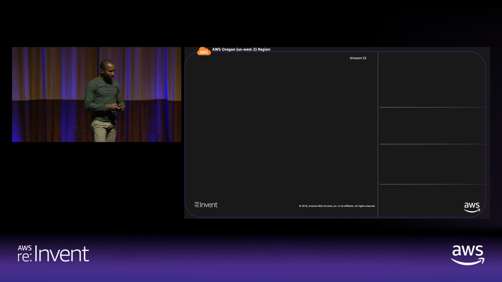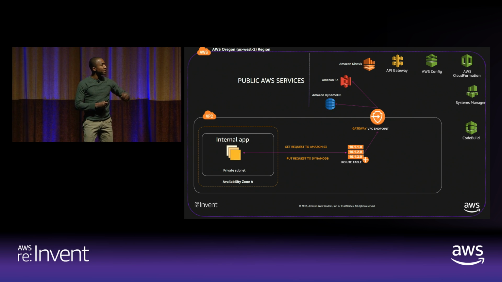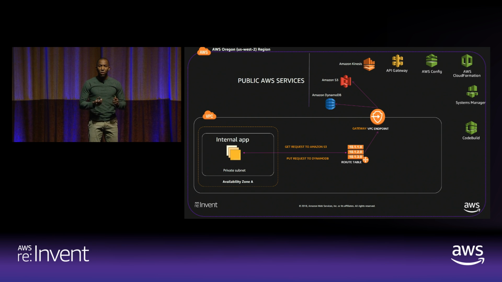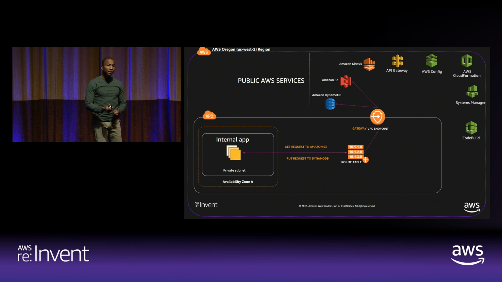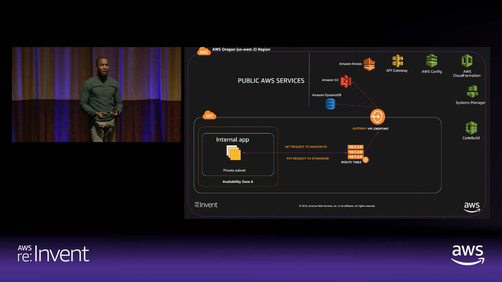If you look closely at this slide, you'll see that my internal apps are communicating through a specific route table to these AWS services, which means that when you create a gateway endpoint, you specify the route tables that should have access to this endpoint. Once you do that, we add a specific route to these services. So every request you make to S3 now goes through the endpoint by default. You don't have to manage that leg of it, nor do you have to manage the availability of the endpoint infrastructure that supports your VPC.